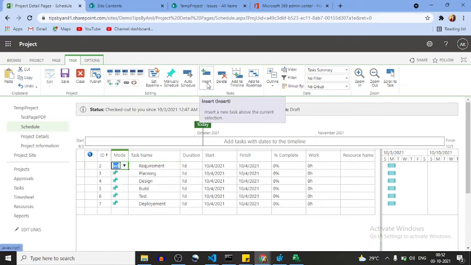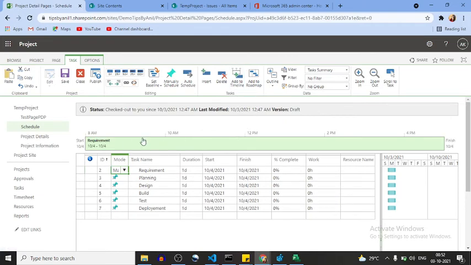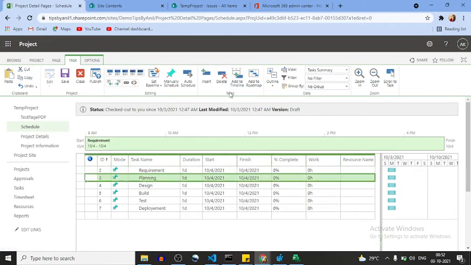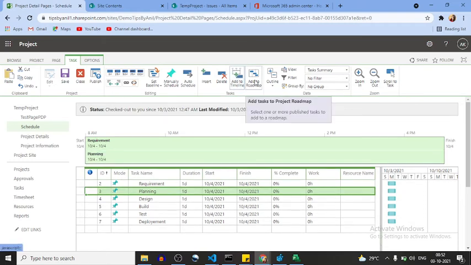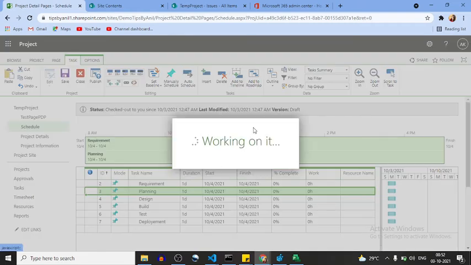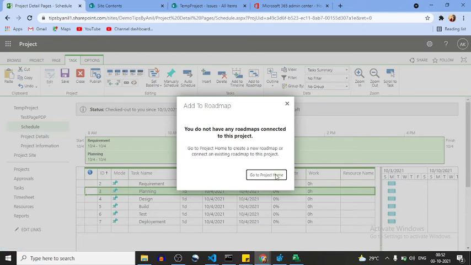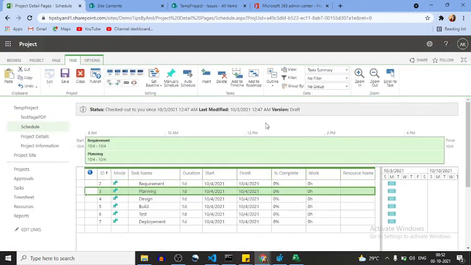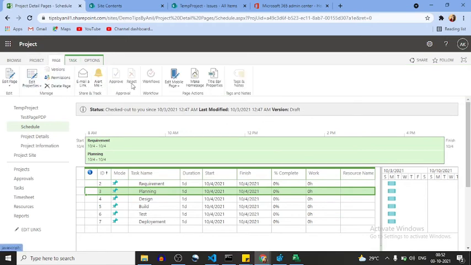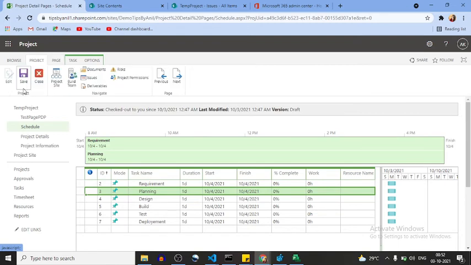This is insert, if you want to insert a task. This is delete task. Add to timeline means this is the timeline, you can see. If you want to add this task to the timeline, do it here, and this is add to roadmap. Everything goes to project home, and you can add to the roadmap as well. A few more things I want to let you know, issues.